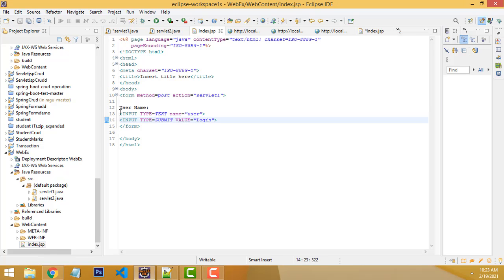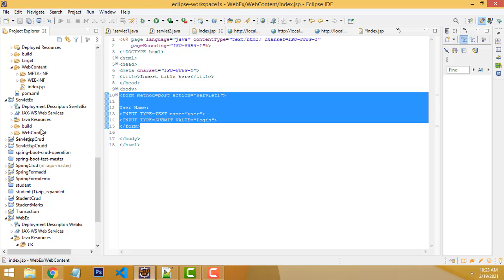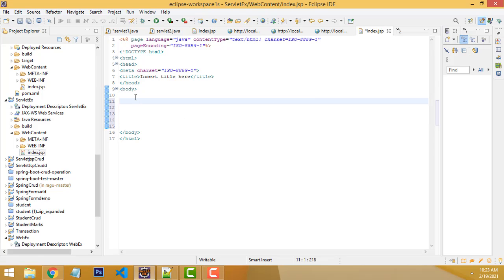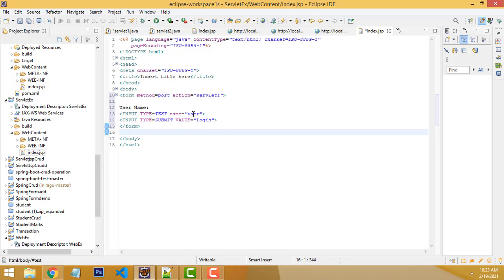I no need to create it again and again. I have already created it, so I just copy this one and paste it here. This is a simple form design. I have one input field which is the user, right? The username. When you enter the username in this input text box and click login, it will be redirected to the first servlet, right? It asks you to click the button. If you click the particular button, it will be redirected to the second servlet